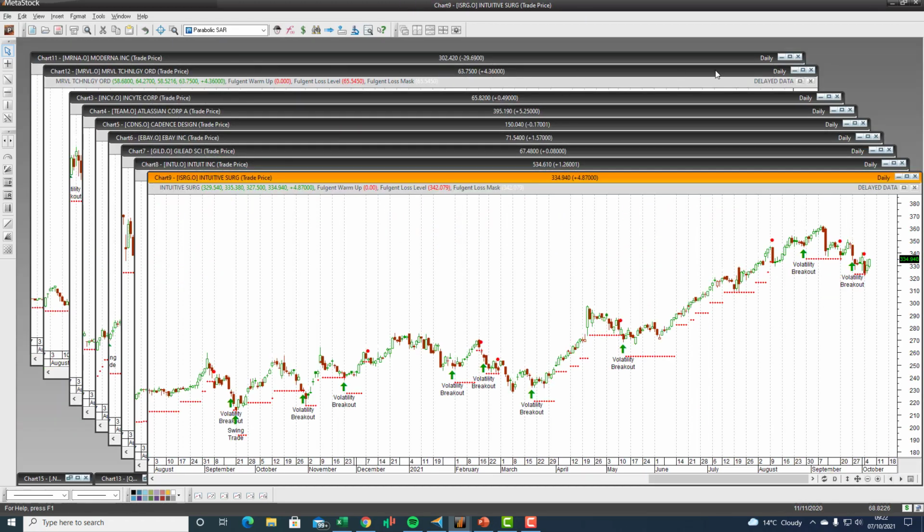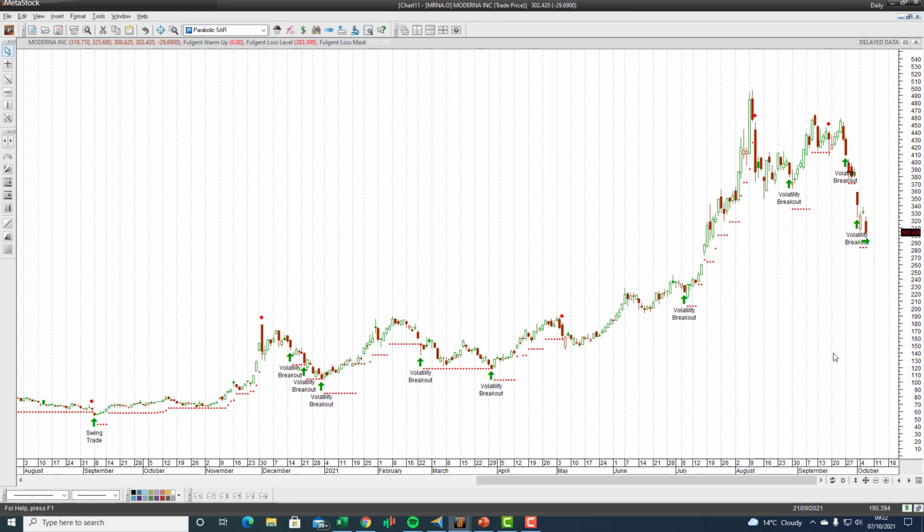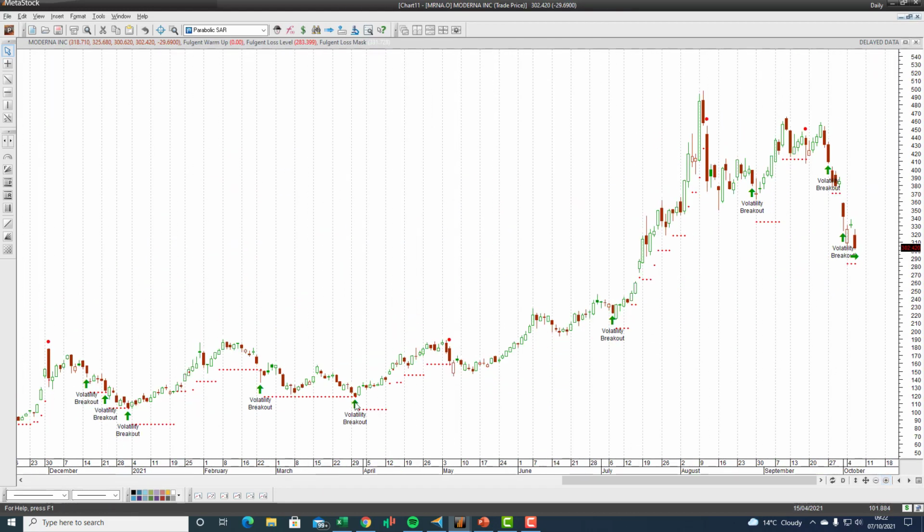And the next one is Moderna. We've got a volatility breakout on Moderna. You can see we captured the entire run up in Moderna using the AI, got you out right at the top here, and a quick volatility breakout and another sell signal there. One losing trade on that upside, a few winning trades, and now we have a